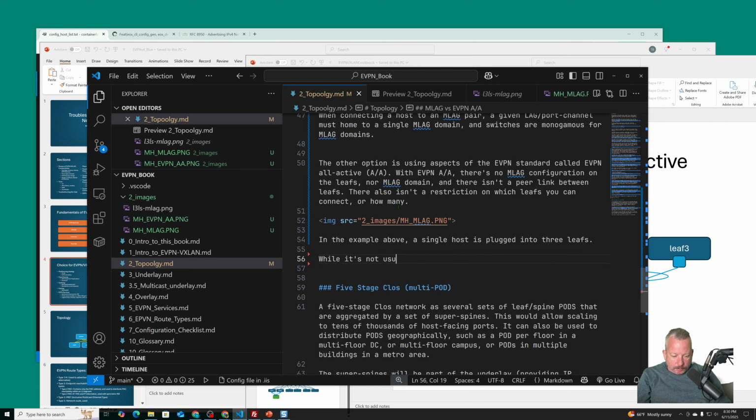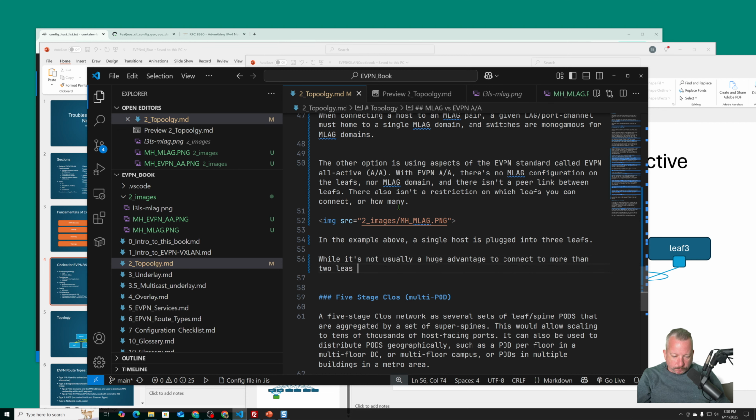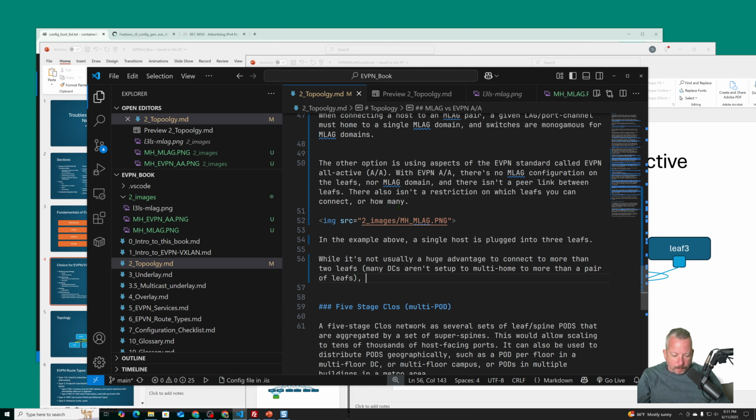While it's not usually a huge advantage to connect to more than 2 leafs, many DCs aren't set up to multi-home to more than a leaf pair. It does provide operational flexibility